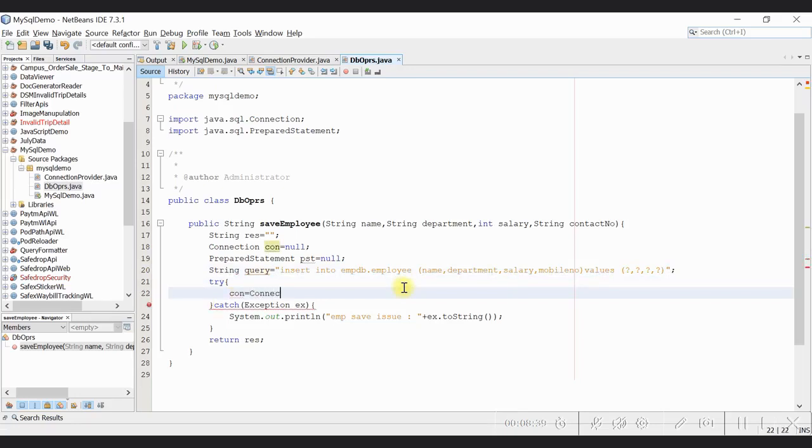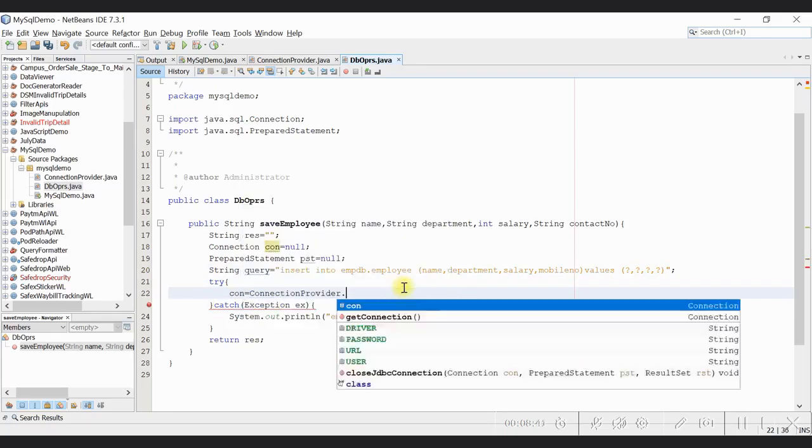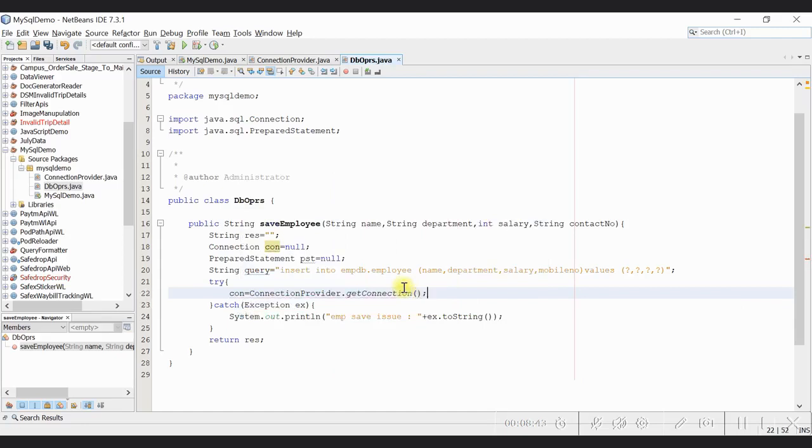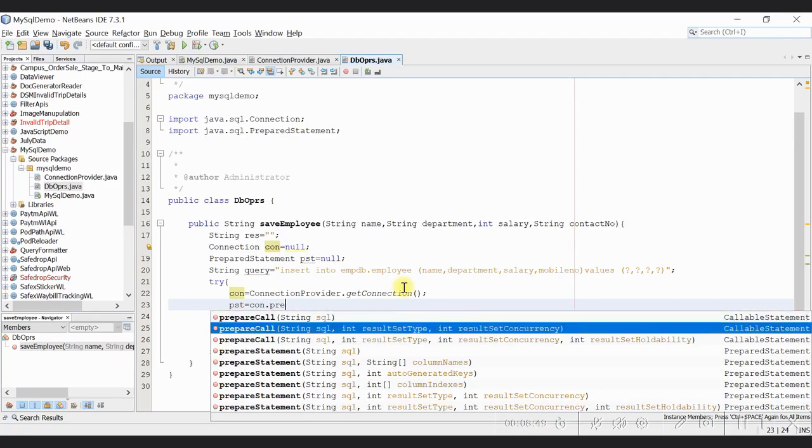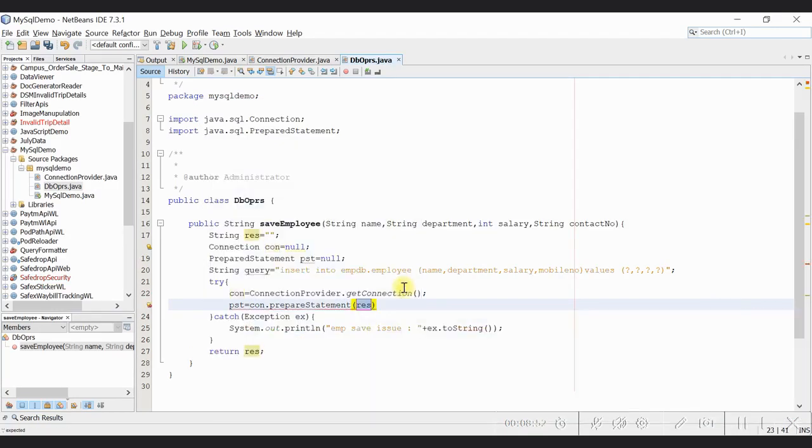This is the parameterized queries that we are using prepared statement. So we have to set the variable for this. There is 4 question marks. So first question mark represent the name, second question mark represent the department,